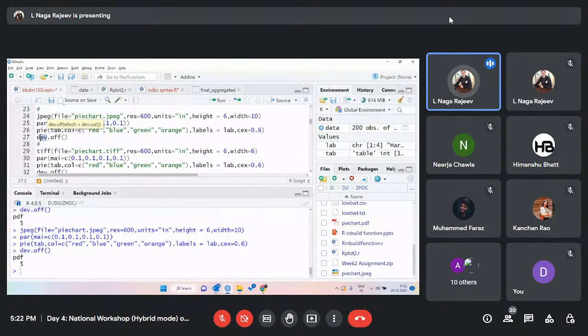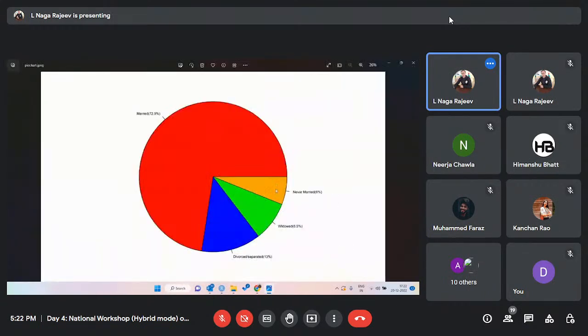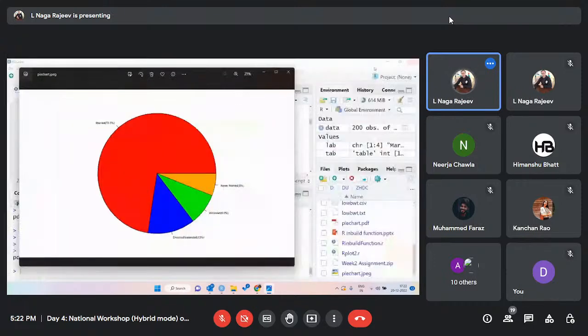Dev represents the developmental tools for exporting the graphs to other formats. Sir, CEX is for character expansion. CEX, yes sir. What is this? CEX represents the width and the expansion. If you will not write the CEX, then